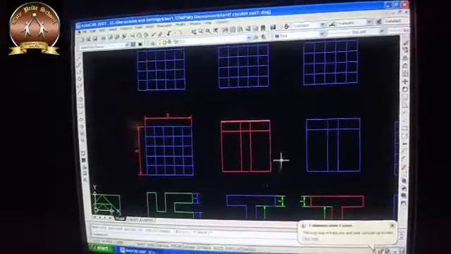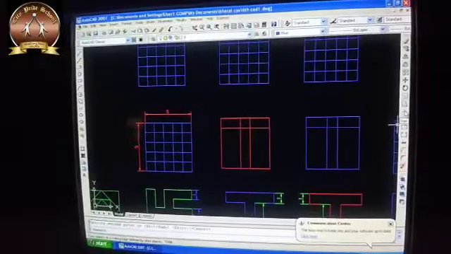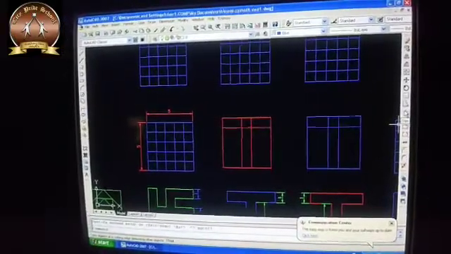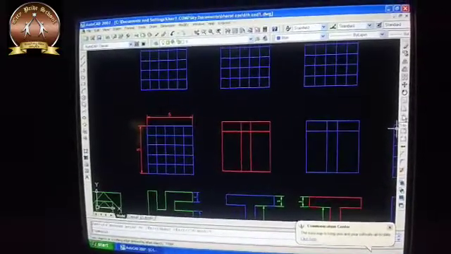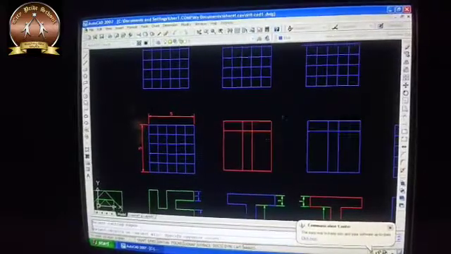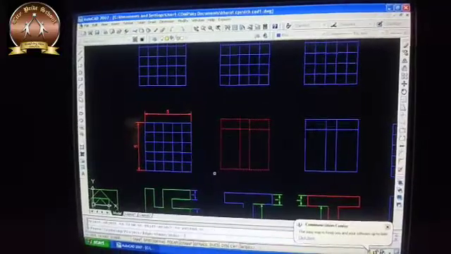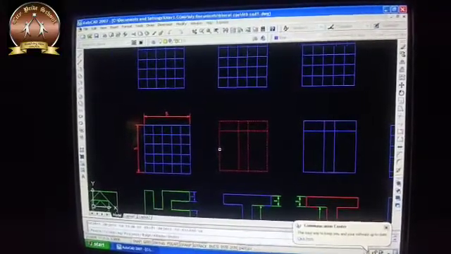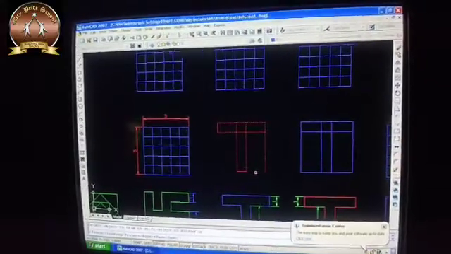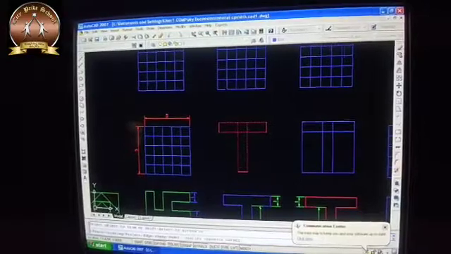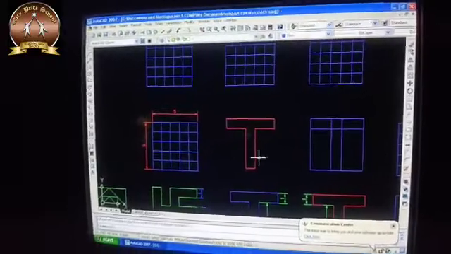Suppose through this shape you require a T, only T. So what you have to do? Go to the trim, boys, again in Modify. Trim command. Trim means cutting. Whatever portion you require, that you have to keep. Trim: select the total job, say enter, and then click on the part which you do not want. I don't need this part for the T, nor this, nor this, nor this. Just click on the area which you do not want, and your T will be ready.